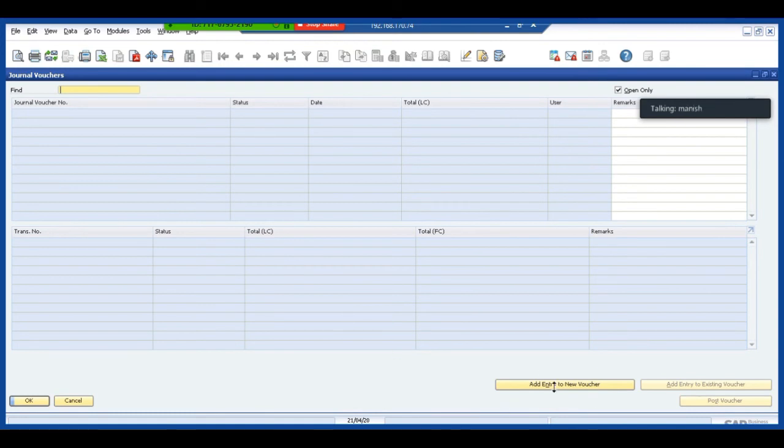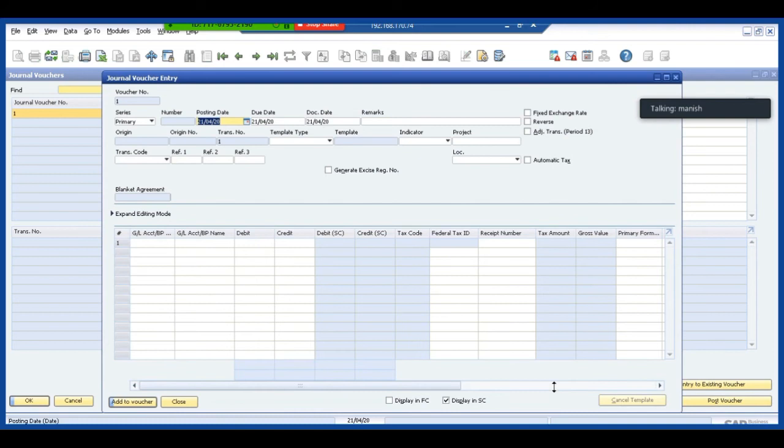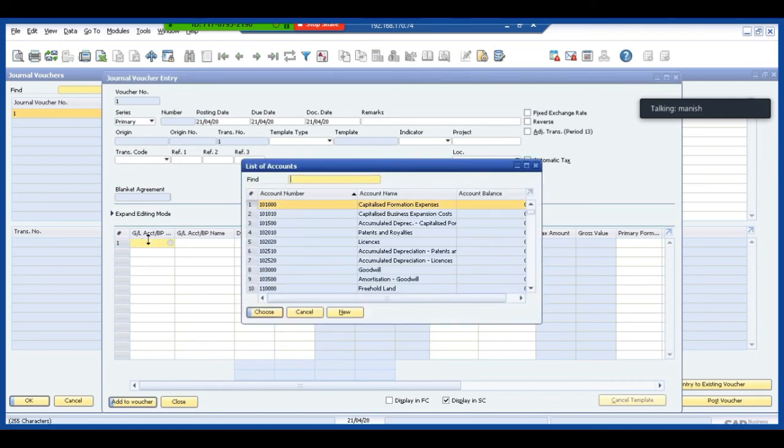I'll click on a new entry. This is the same screen as my journal entry, but the only difference is that anything added to a journal voucher would not have an effect on my accounting books until I post it from the journal voucher.